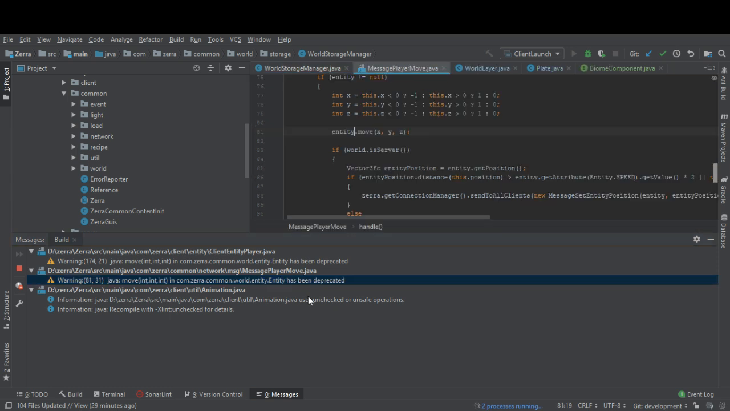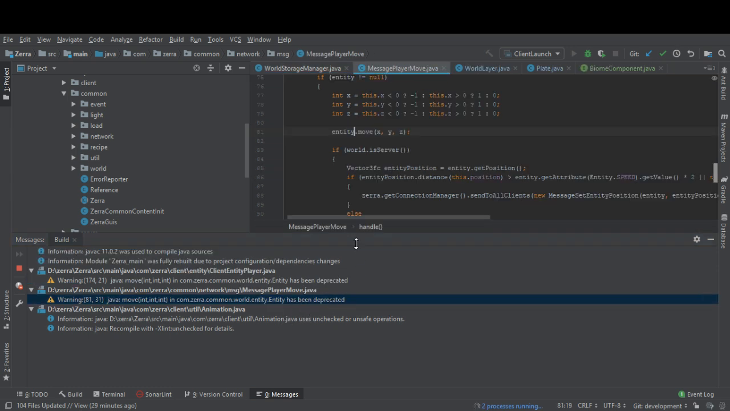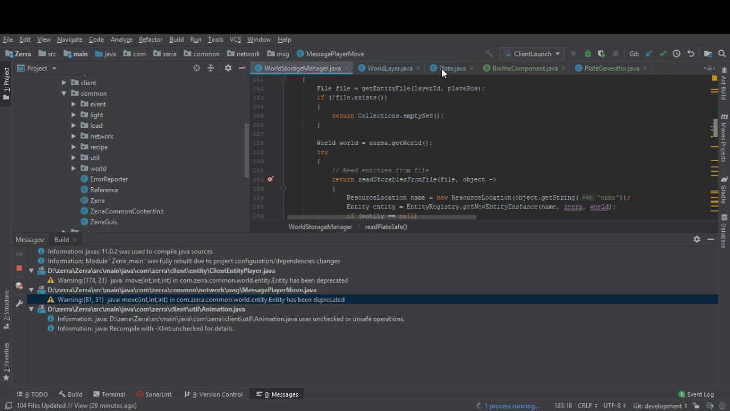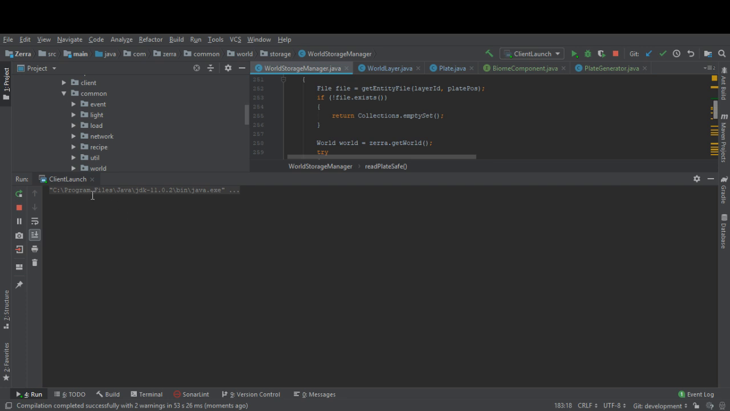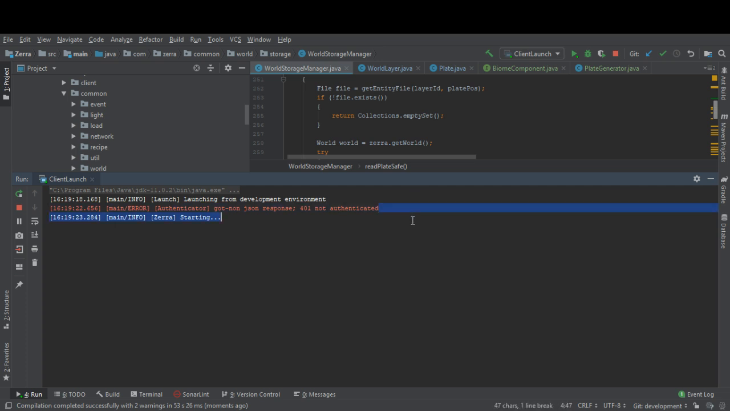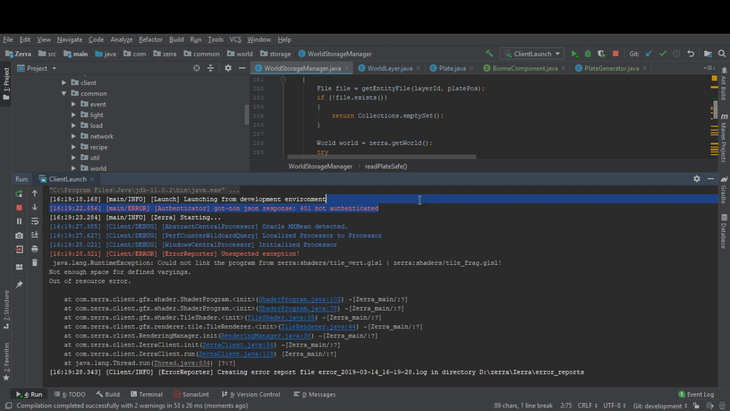What I do care about is the fact that, oh no, the move thing. Alright, now that's not a problem at all. Entity.move is deprecated. I don't have to worry about that yet. So we're launching development. Thing. Alright, so